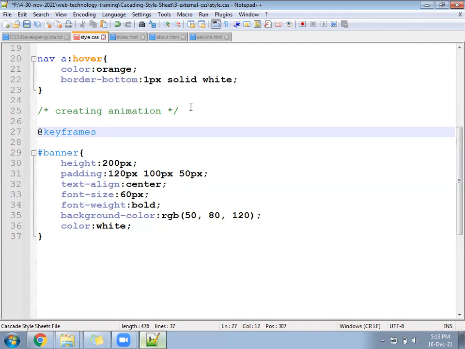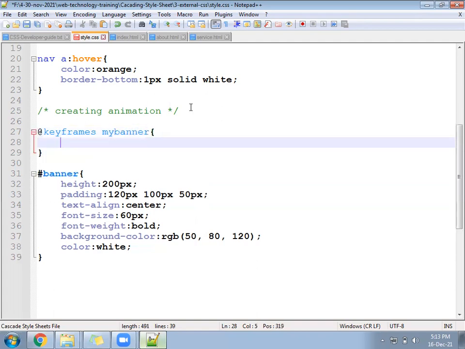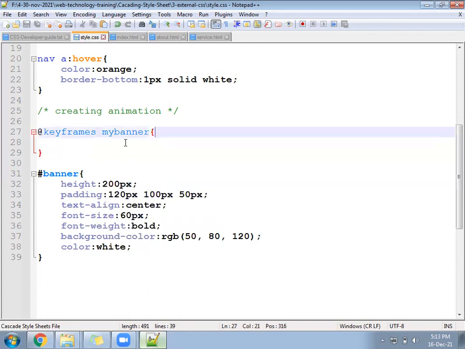Name of animation, maybe my banner. Keyframes, my banner. Inside that, what will happen is,